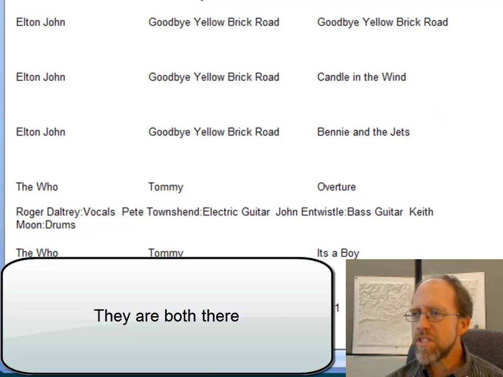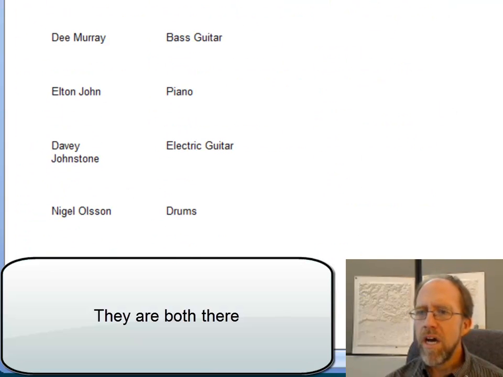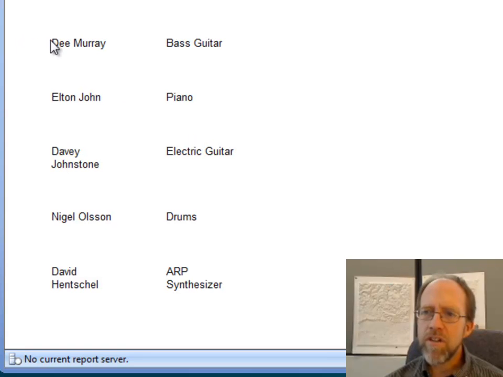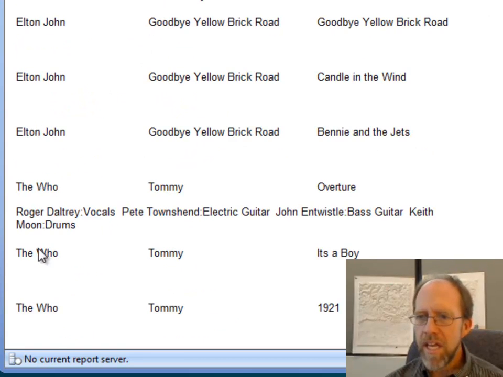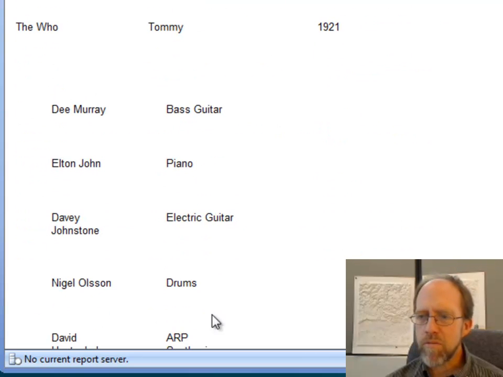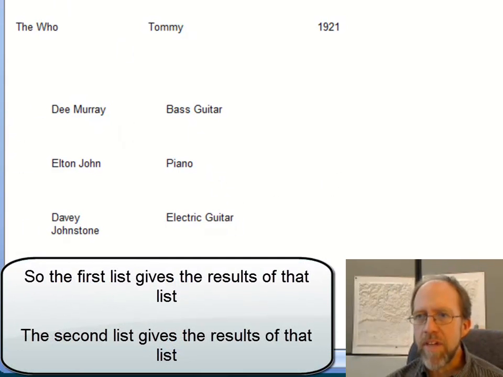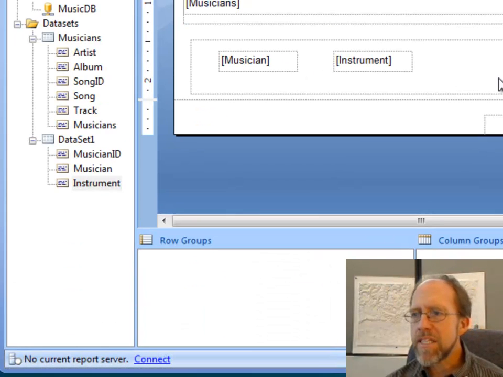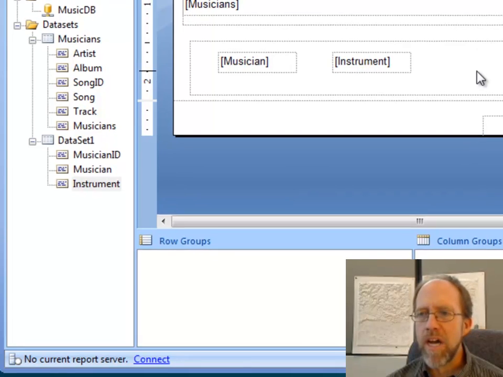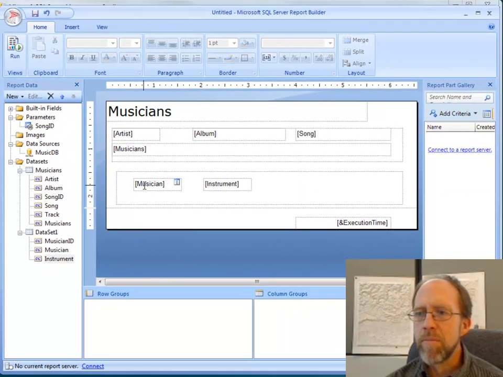And this is one of those things that you really got to get used to, the nuances. I do actually have here, see the D. Murray bass guitar, Elton John piano. So the first report runs and gives you the report output, and the second report runs and it gives you the report output. And that is the results of that specific report for that song that I input in there. And the concept here is that this has been parameterized, and that there was a parameter that had to be